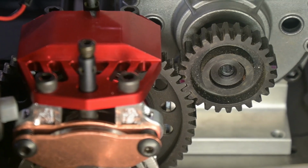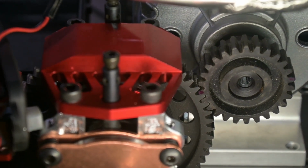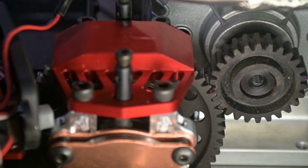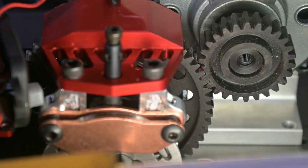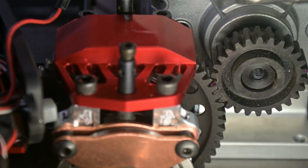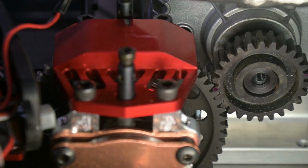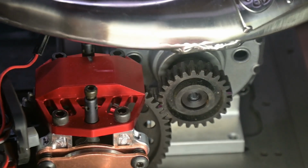So I got the engine set back in here, and using the inserts from a Losi 5T 2.0, the 20 tooth ones in reverse, definitely is the way to go, because that's the gear mesh I get on the thing. It's definitely not binding up. It's pretty much a perfect gear mesh as far as I can tell. I do have to open up one of the chassis plate holes in the back for the engine. It's a little tight, but